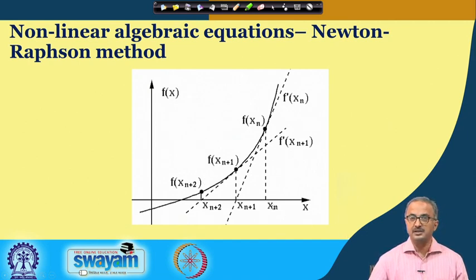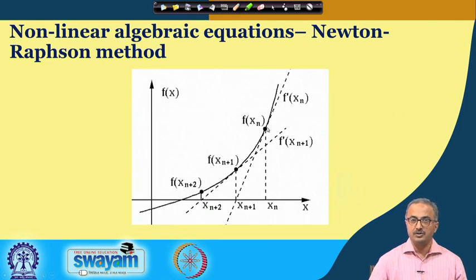Now, we start with some initial value, say xn, and we have to reach this particular value, which is the solution. So, we start with this guess value, and at this guess value we find the value of the function, f(xn), and by taking the derivative we are finding the slope of the tangent to this function at this value of xn. Once we find the tangent at this point, we see where the tangent crosses the x axis, and that is taken to be the next updated value of the root.